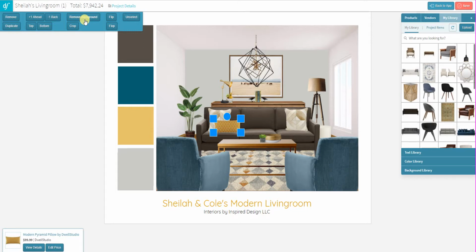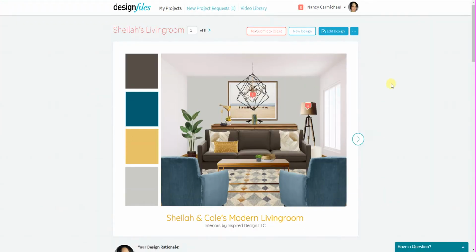So for now, I'm going to go ahead and jump back to the projects page, because I'd really love to show you how you can communicate with your client using Design Files, and also how to basically prep these projects